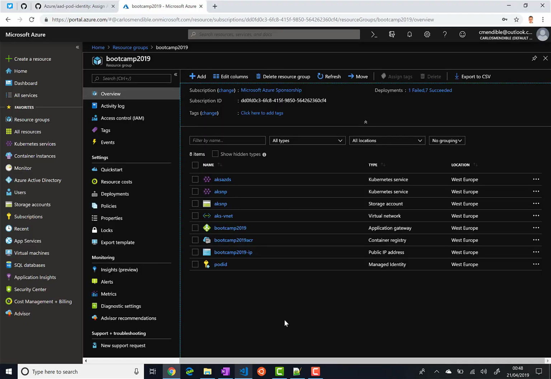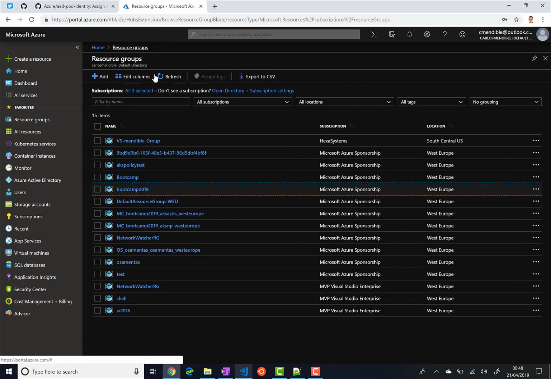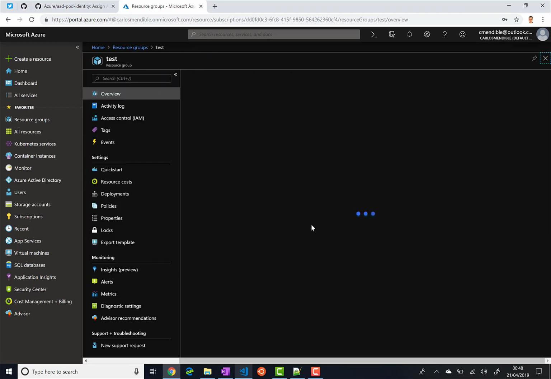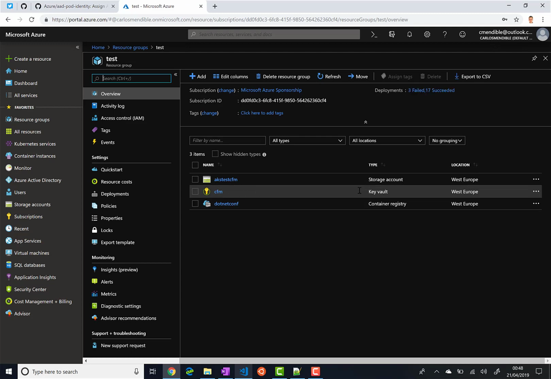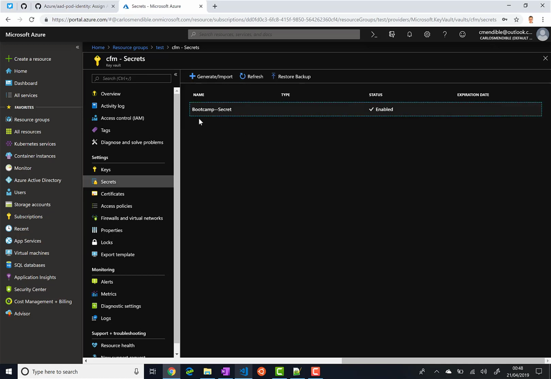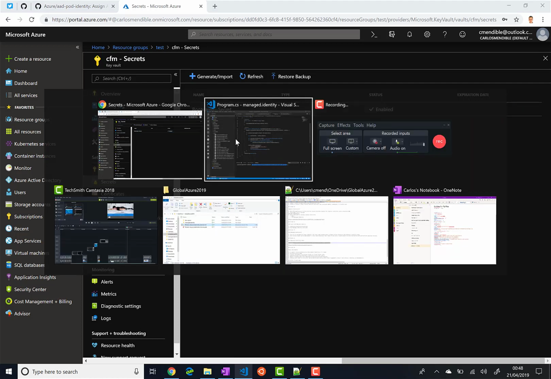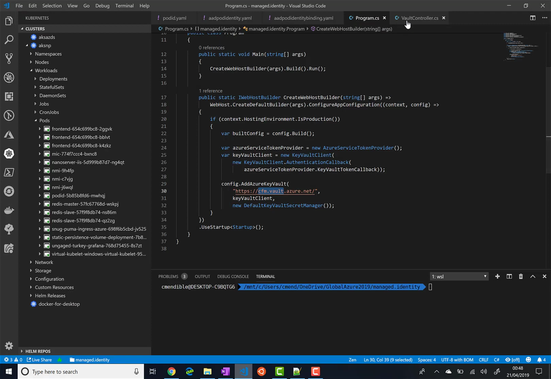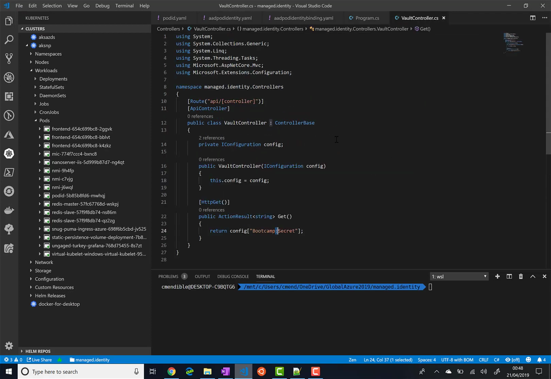So here we're back in the Azure portal. It's in a different resource group. You can see the CFM Key Vault. We have a secret called Bootcamp secret, and it's the only one that we have, and we're going to retrieve that value and show it on the screen. Going back to Visual Studio Code, we have a Vault controller, and this controller receives the configuration, and basically we read the Bootcamp secret here and return it as a value. I already deployed this